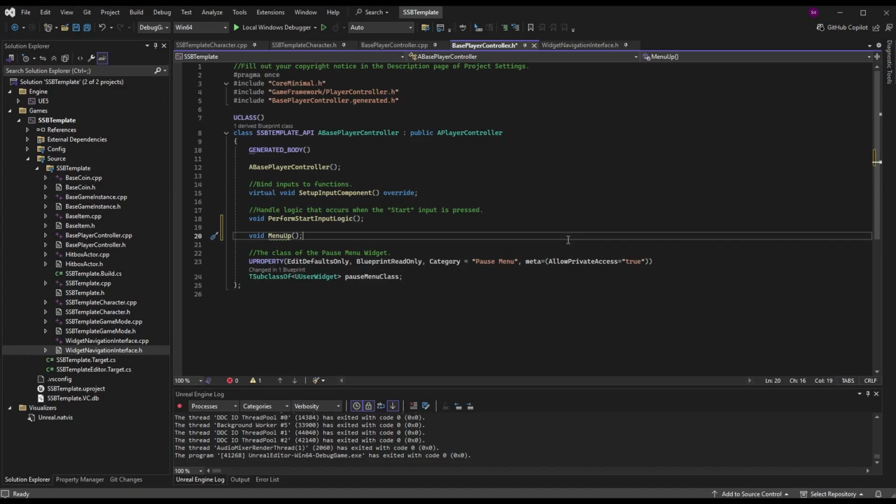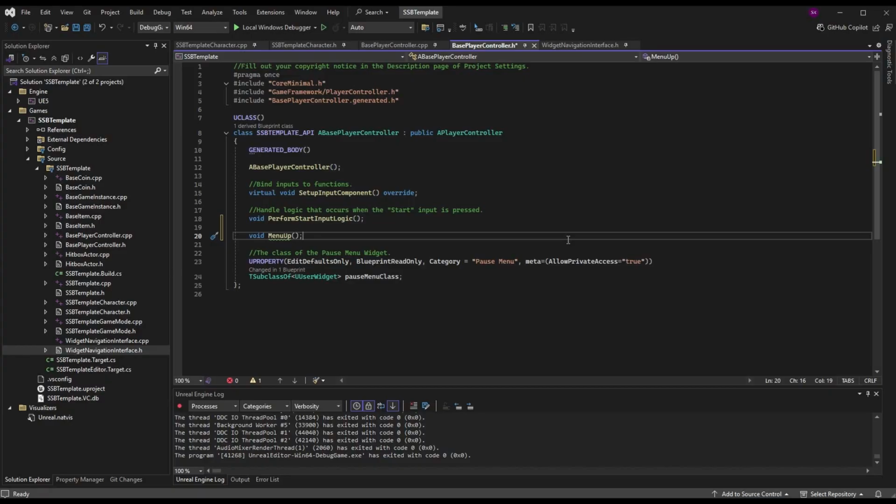I do like to keep my inputs separate from menus and gameplay, so I let players choose their bindings on gameplay elements. I typically prefer to have relatively static inputs for the menu inputs, or at least separate inputs. So if we bind them separately, they're not affecting gameplay elements. This isn't always the case, and it depends on your game if you want to do this or not, but I like having them separate so that they don't have to share the same inputs if we don't want them